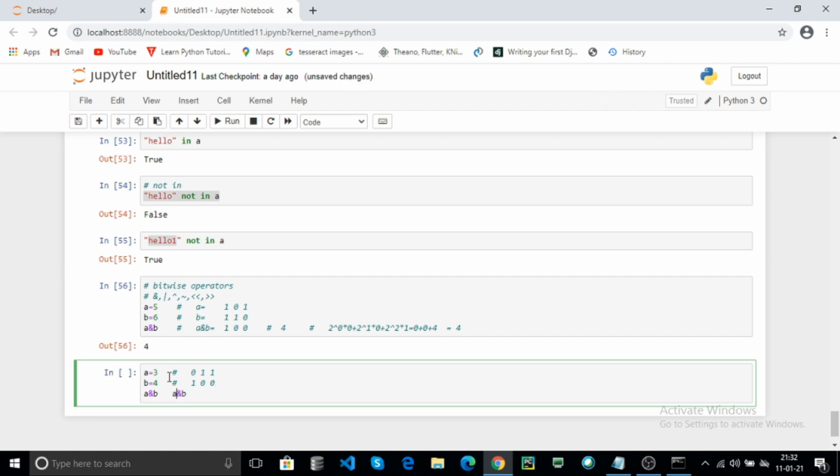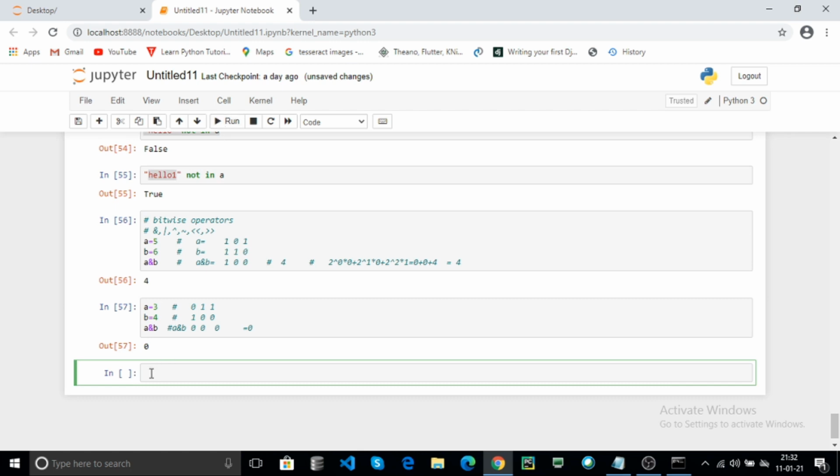A and b here: if both bits are not 1, it returns 0. Here also 0 0. The 0 0 binary value is equal to the decimal 0, it returns 0.